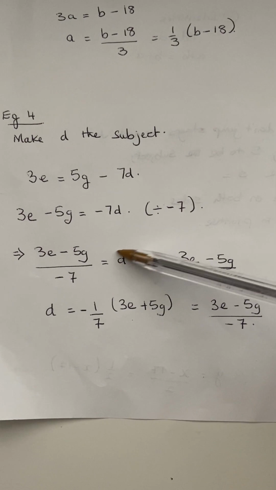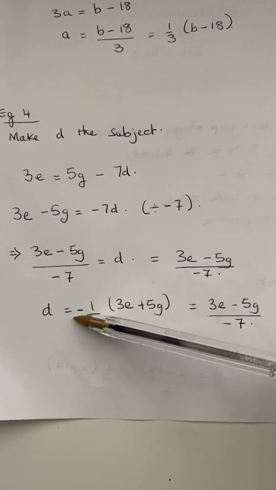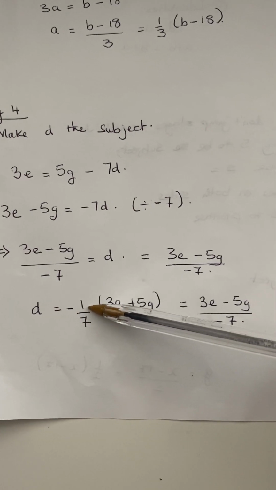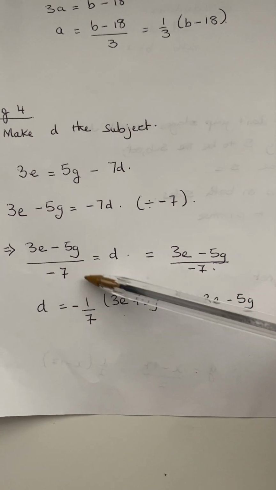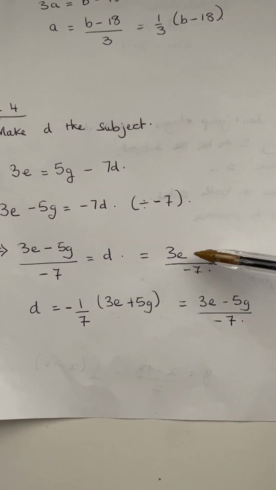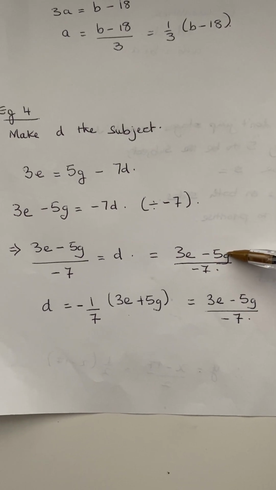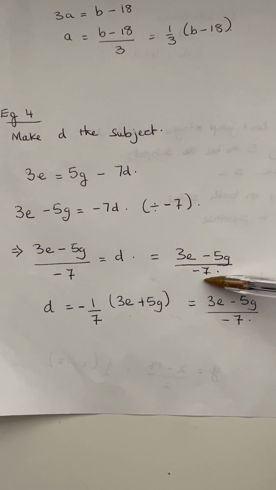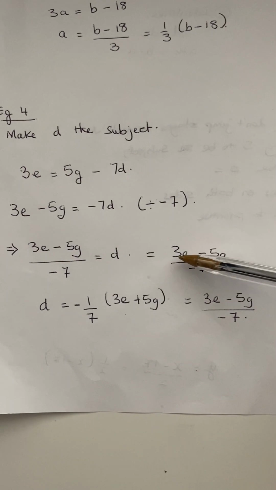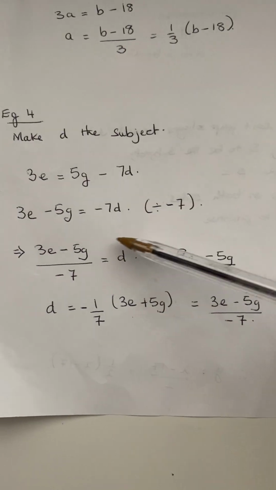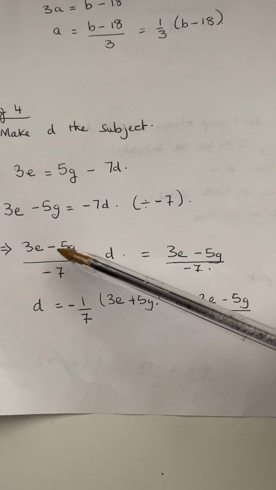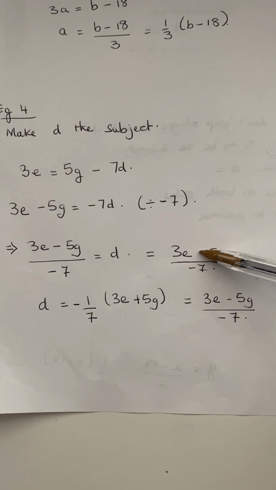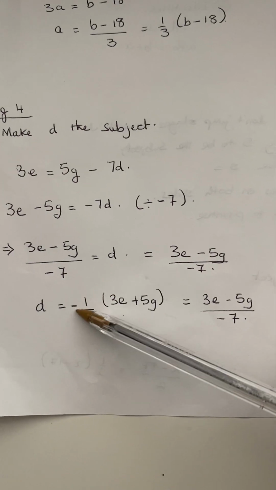I'm going to write d equals minus 3e minus 5g all divided by minus 7. So it gets the same thing here. I've kept d here and I've brought this there. So now d equals